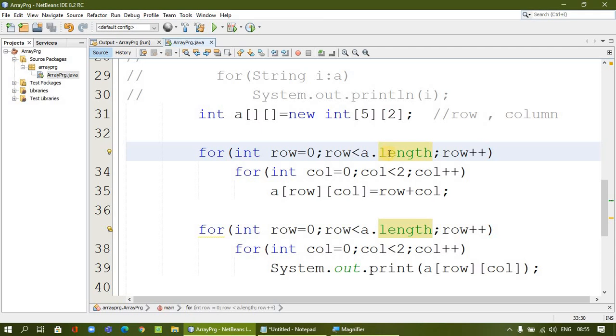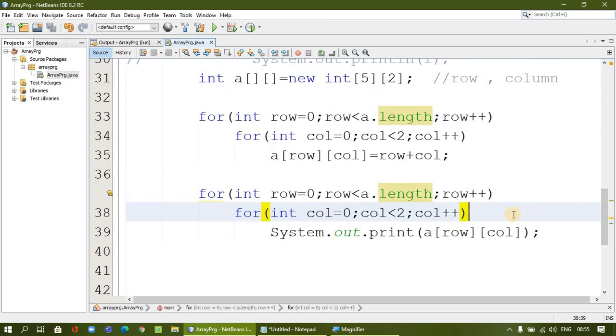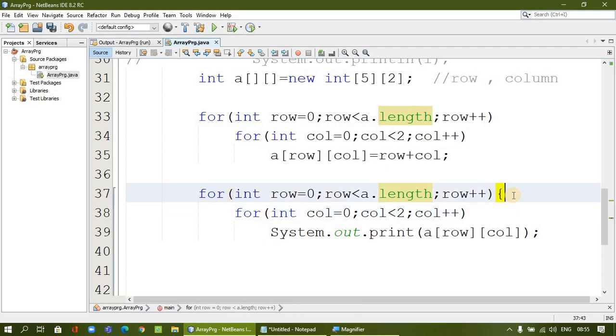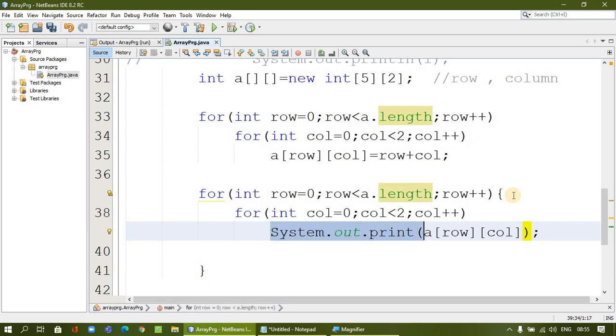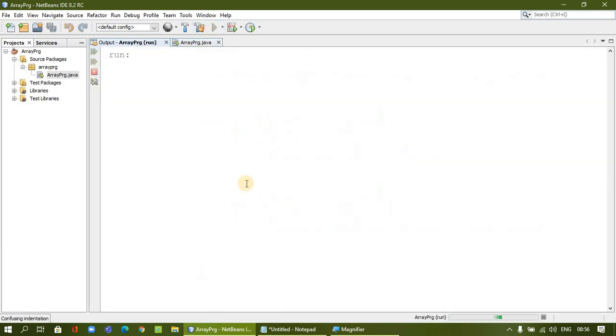Okay, so now I want to print as it is, as expected matrix. Okay, matrix value I will try to print. So every time if it is going like this, once I will just open one group of statement here. I will just make one print line, so that it will print in the next line. So let's see.